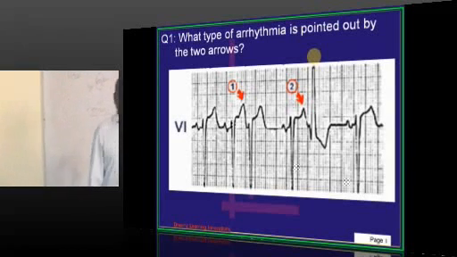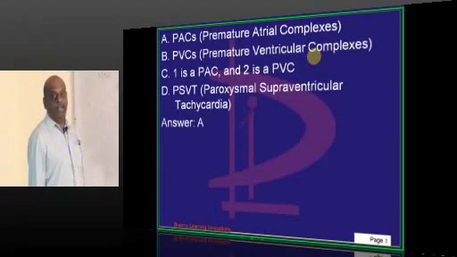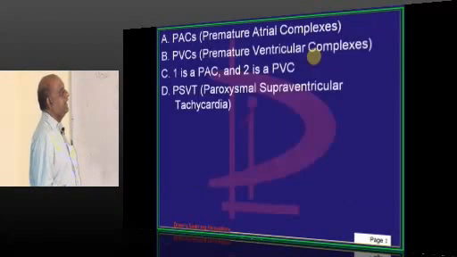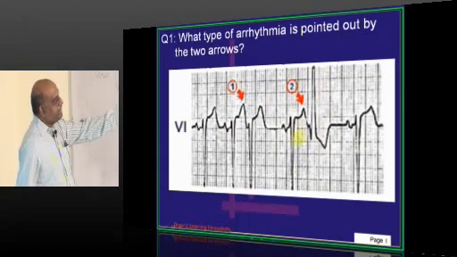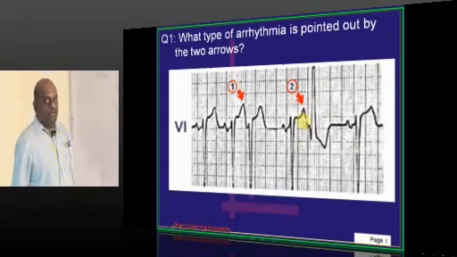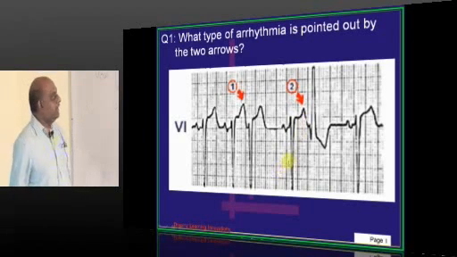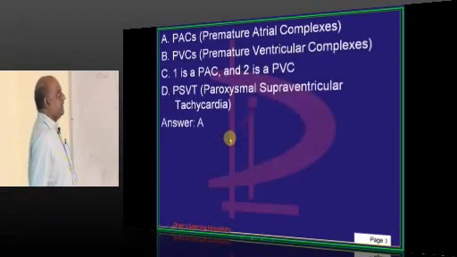What type of arrhythmia could you see on this ECG? So basically it is a premature atrial complex that you can see on the ECG. If you look at the QRS complex and the preceding P wave, the morphology of the P wave is an important indication, and the timing when it has happened is an important indication of the prematurity.